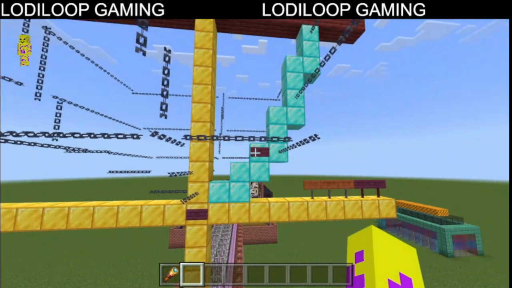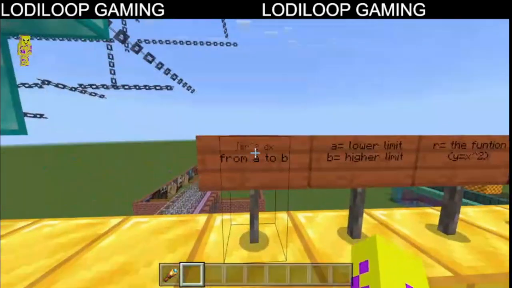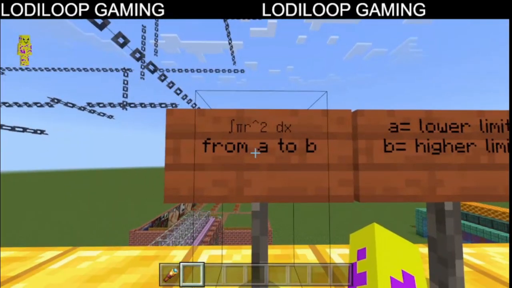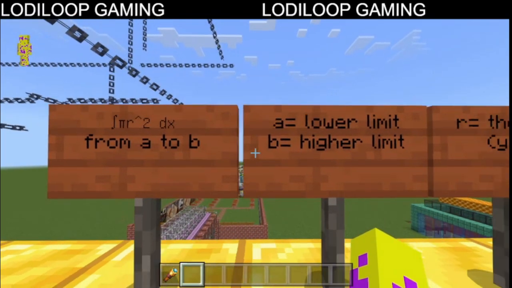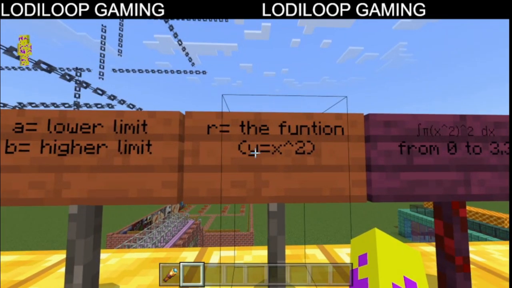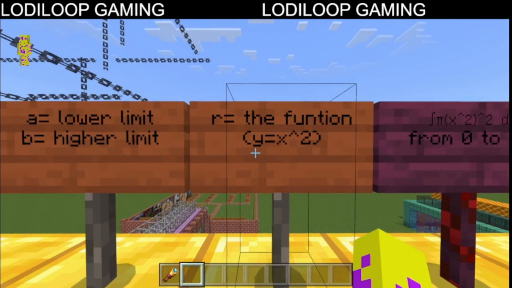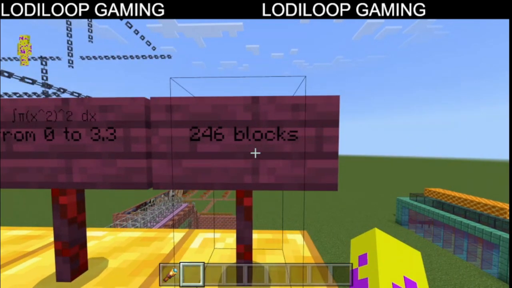It would be very hard to estimate, especially if this was an exact x squared curve. But we can use the formula pi r squared dx, from a to b. A is the lower limit and b is the higher limit. And r is the function because that's the radius. Y equals x squared. We can plug those into the formula from 0 to 3.3 and we get approximately